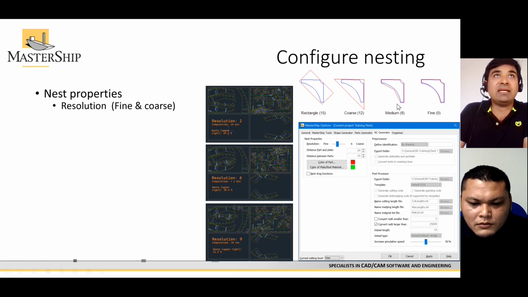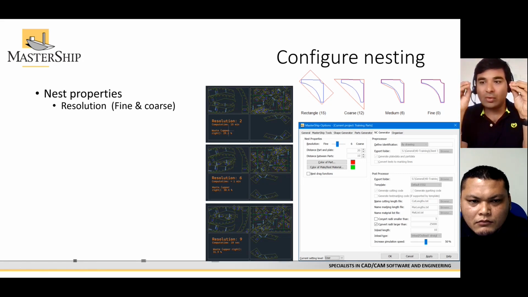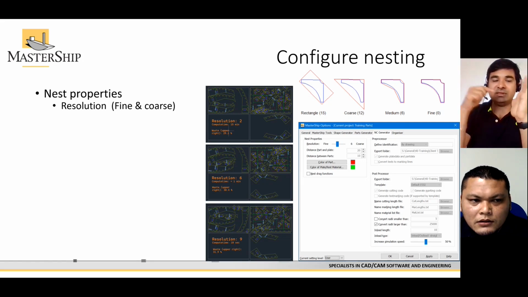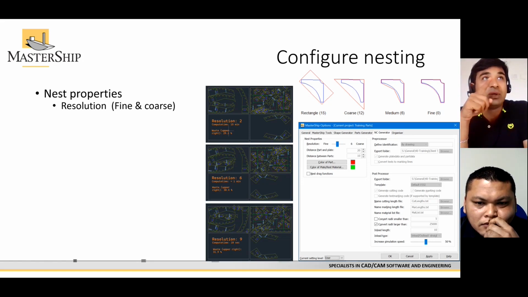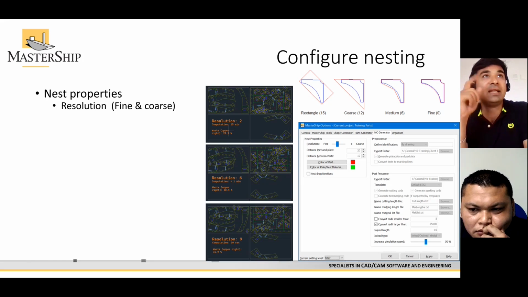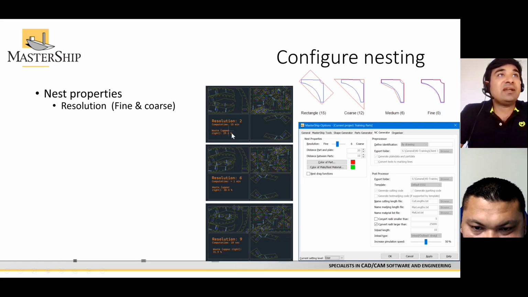And then when you go for medium, then you have a bit of resolution. So you're cutting. So the more coarse you go, the more time, the more accuracy it will come. So there is an NC part in it, and when you are cutting it, this is also shown. How does it look like? And if you select your resolution as 2, how will the nesting look like? If you select your resolution 6, how will the nesting look like? And also the interesting thing is when you select resolution 2